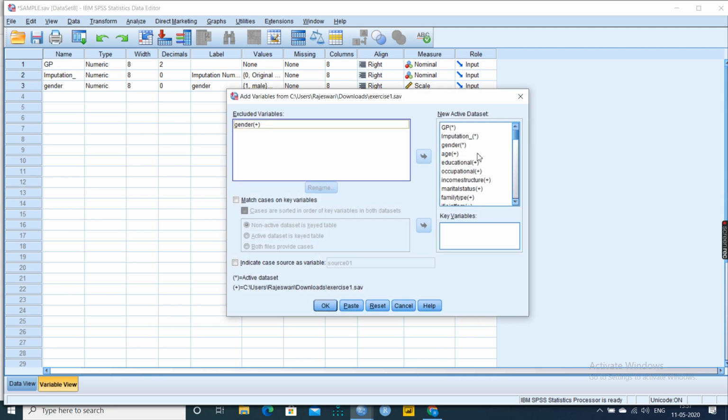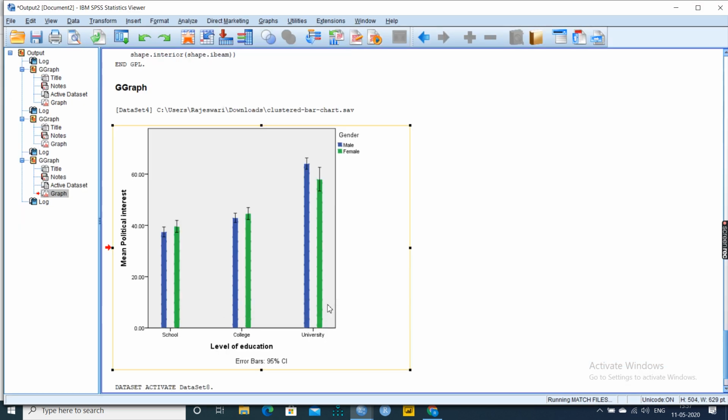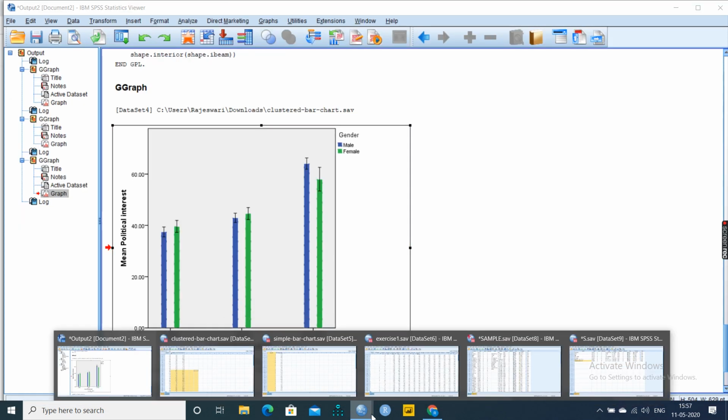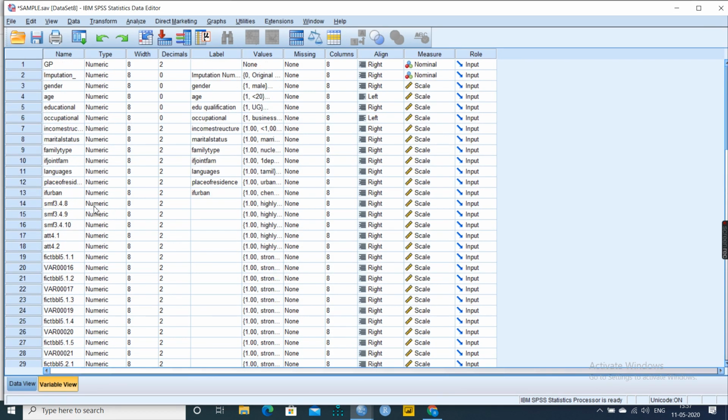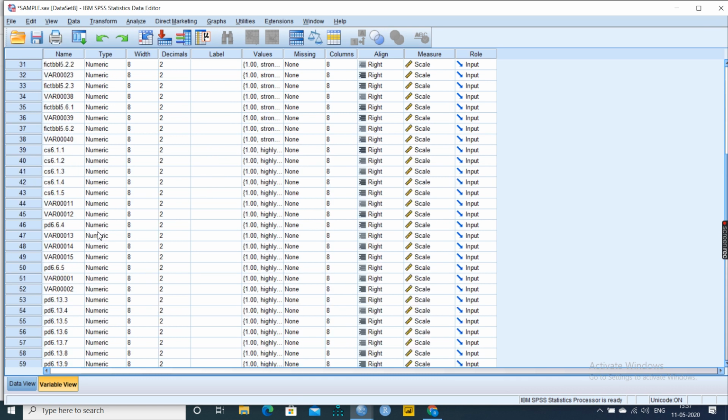The system is asking whether all are to be included, because all are there in that folder. If you want that, it is an excluded variable; if you don't want this, you can exclude it. I want everything, so click OK. Automatically your data set will have this entire thing. See, this is your data package. You are having all the variables merged in this particular file. With this I am ending this merging file option.